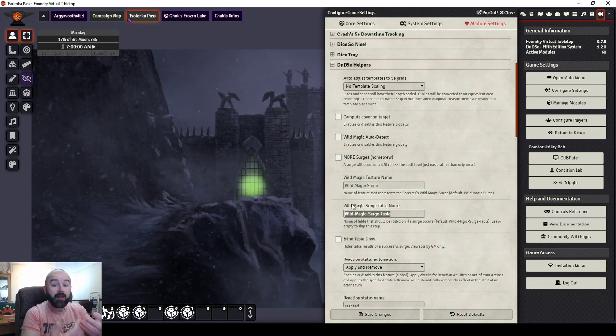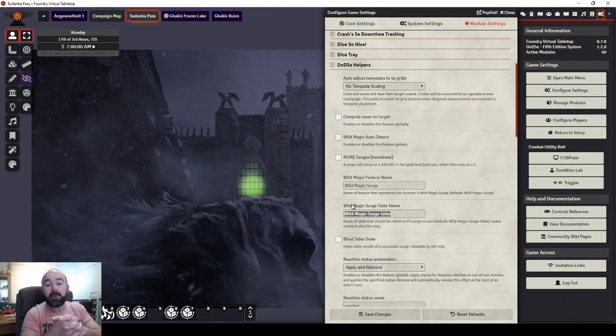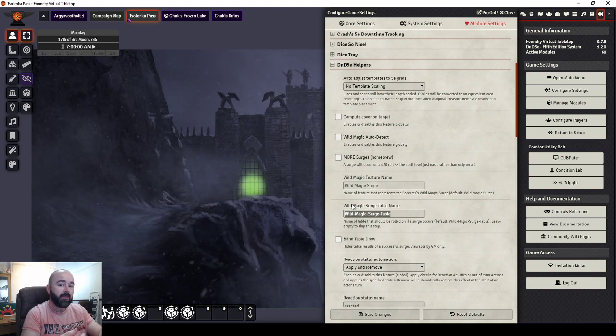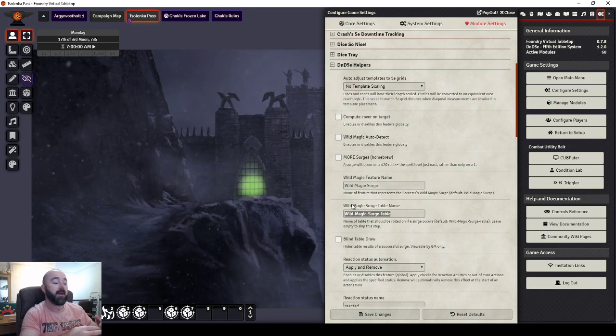So if you have a wild mage, or a wild magic wizard, whatever they're called these days, they will presumably, as part of their class features, have a feature called Wild Magic Surge. The module will detect that, and when that character's spell slots go down, in other words, if they cast any sort of spell, the game will also go, well, in addition to that spell, I am now going to roll